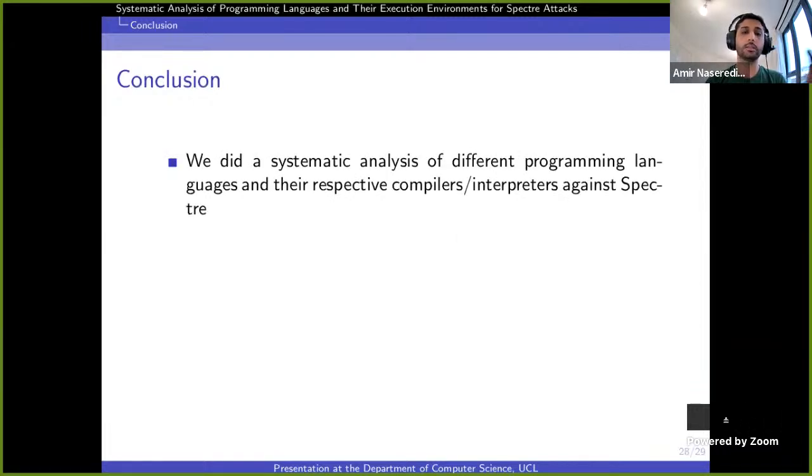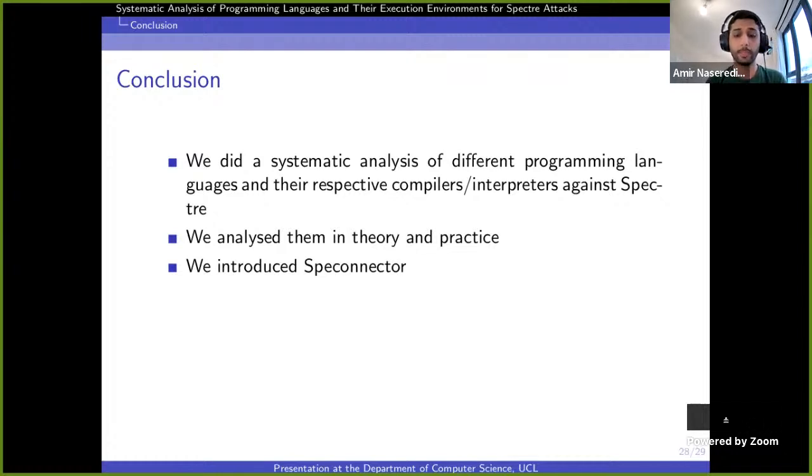Finally, we did a systematic analysis of different programming languages and their respective execution environments against Spectre attack, and we analyzed them in both theory and practice. For the practical analysis, we used Speconnector to run the attack and analyze it independent of the language of the gadget.